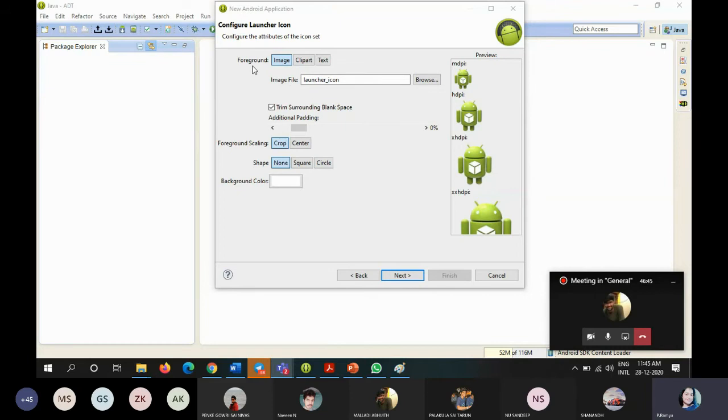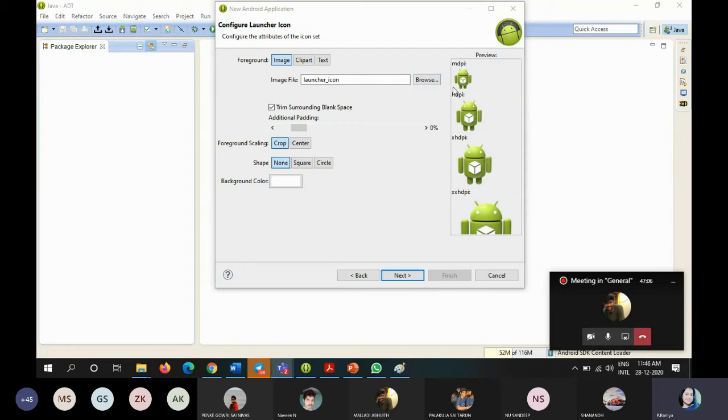See, foreground. It shows that if you want to place any image as an icon in your application, it shows some attributes. Attribute is nothing but some properties. Firstly, you can browse.